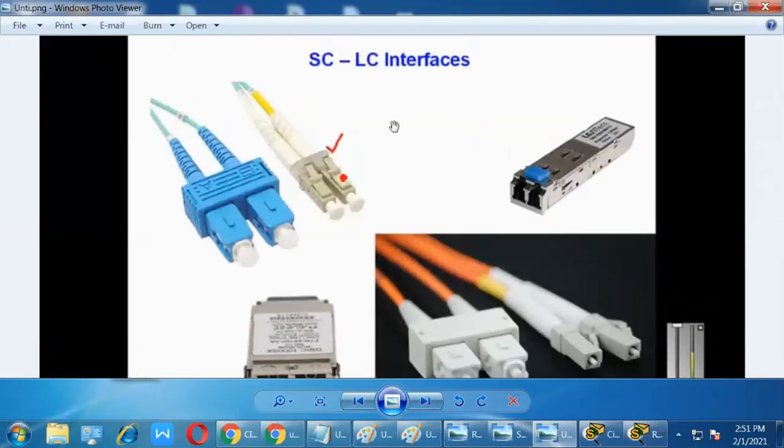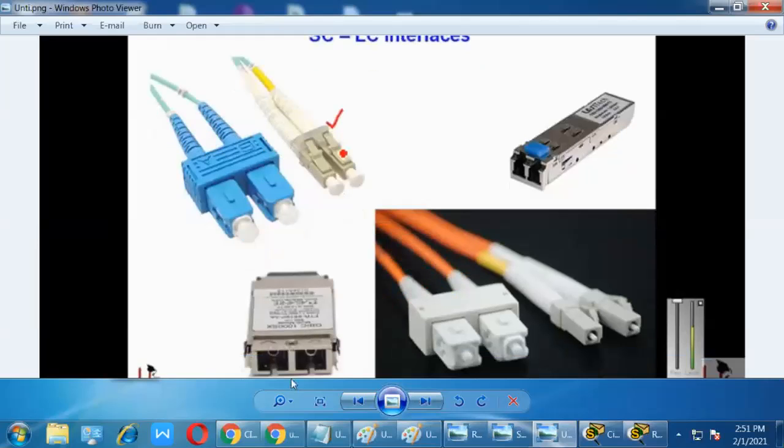This cable, SC-LC. So here, this type, and this is the connector. This is the connector, and this is the connector. This is the old technology. Nowadays we are using this. Companies use this fiber optic interface. This is the cable, and this is the previous one. Now this is compressed and made like that. One is receiving, one is sending.